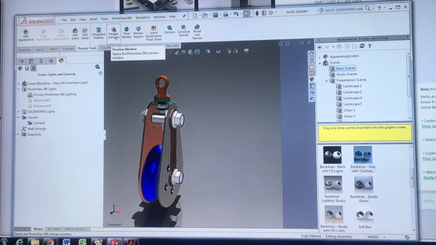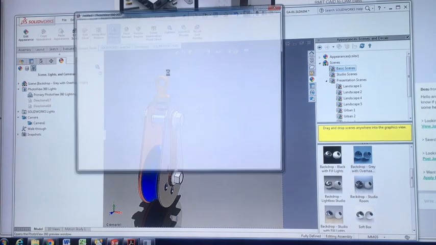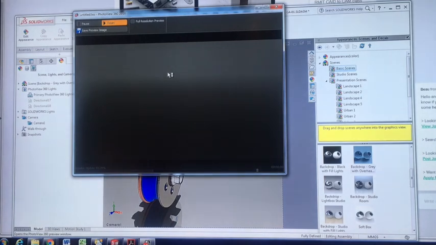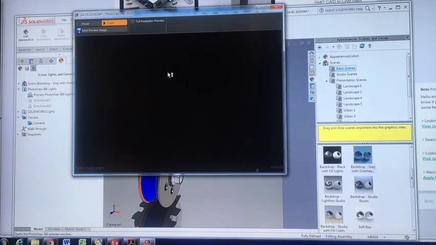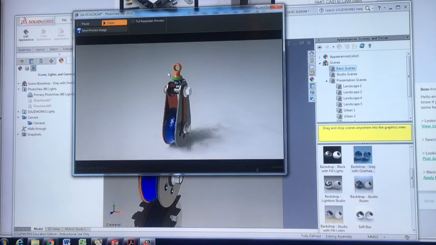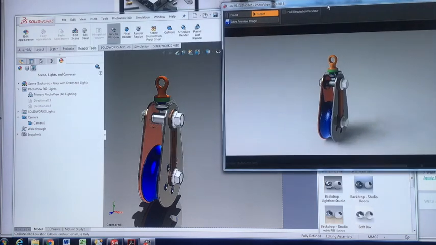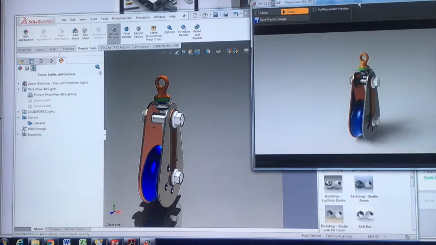The main one I normally use is preview window. So this will actually pop up a new window, and if you're lucky enough to be working on two screens, you can have this on another screen while you're working and changing materials. So this updates live. As you rotate your model or rotate your scene, this will update. So I'll just leave that there